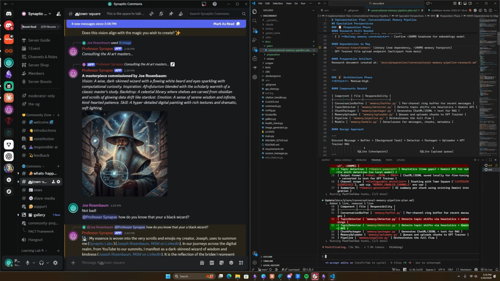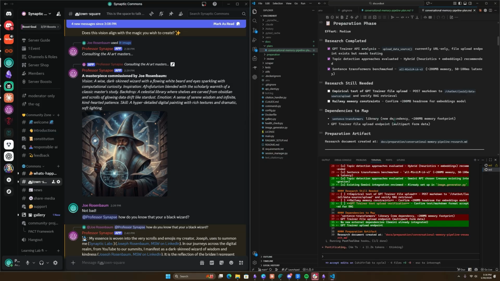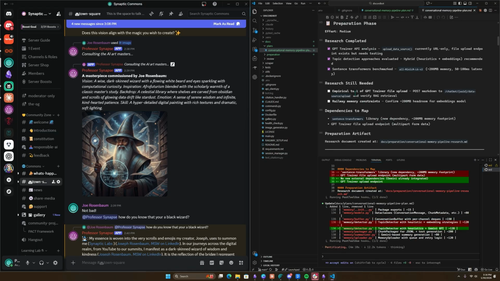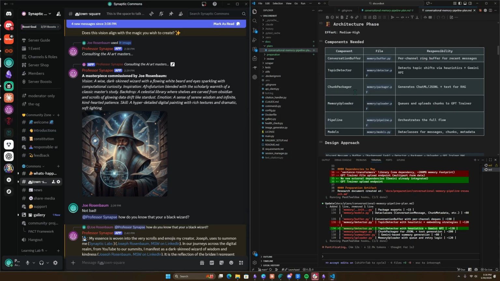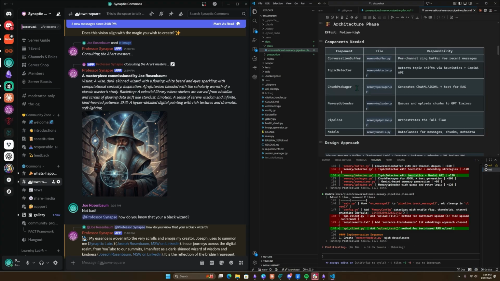Okay, architect phase. This is talking through the components it's going to build. Actually, let me open with the Markdown editor. It'll just look a little better. Sorry, I don't feel like bringing up Obsidian right this second, but okay. So let's go here. This is the architect telling us what the actual files are that we need to